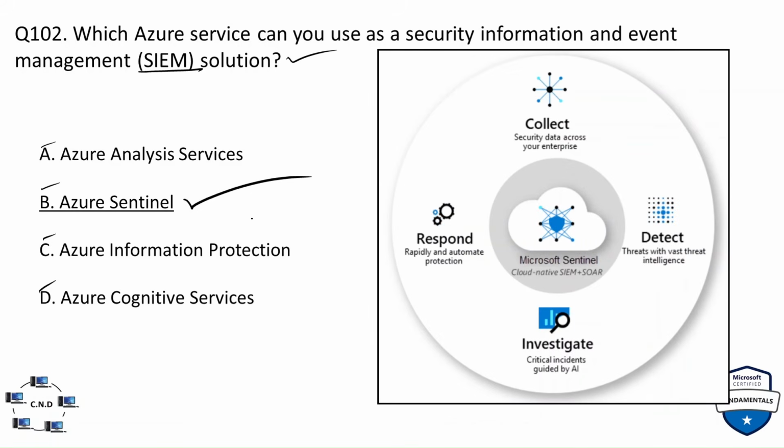What is Azure Sentinel? So this is the SIEM solution that we already discussed. It is used to collect data across your whole enterprise and whole platform, then used to detect threats with threat intelligence. And again, it is also used to investigate critical incidents guided by AI, and then it automatically responds to the threats that are detected rapidly and automates protection. So these are the four cardinals of the SIEM, or we can also say the SOAR solution, and that is